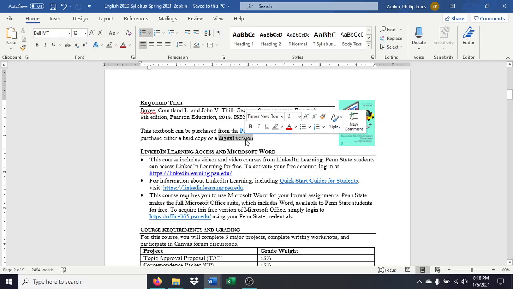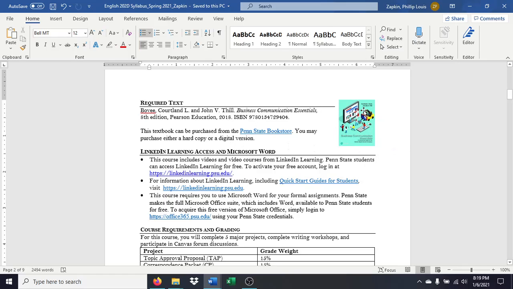It's worth considering getting a digital version of this book, in part because, officially as a Penn State employee, I'm not allowed to run down the bookstore, but last semester one of the issues that they had with the books for English 15, and I think for some of the 202 courses as well, was they simply didn't have enough copies of them, and it took a long time to get those restocked. So officially I'm not allowed to tell you that things like Amazon and eBay and AbeBooks and places like that sell textbooks, so I'm not going to officially tell you that.